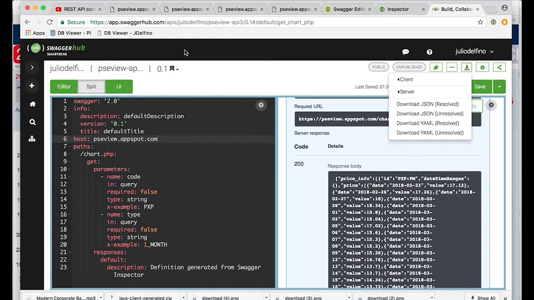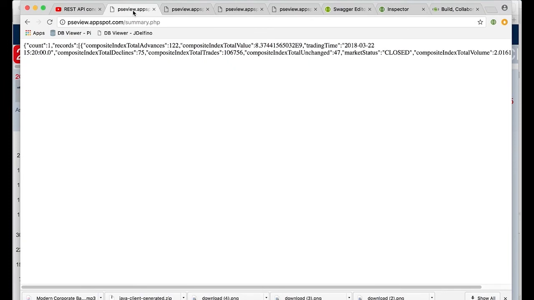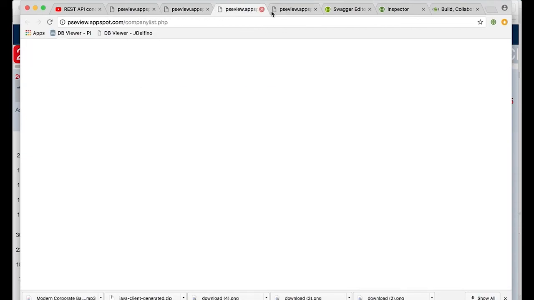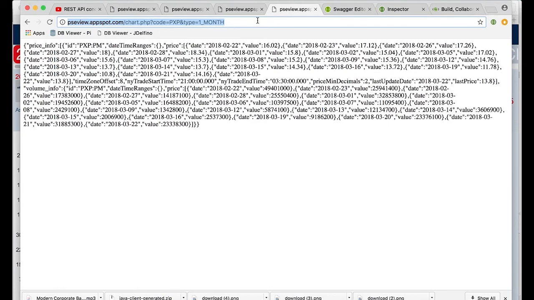We have one method here that gives us the summary. We have stock information for PXP. We have several calls here that I have prepared, and then we will input these URLs into